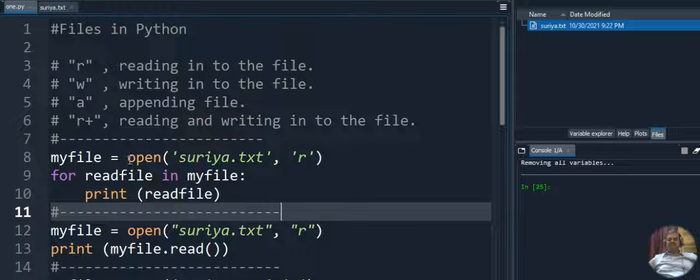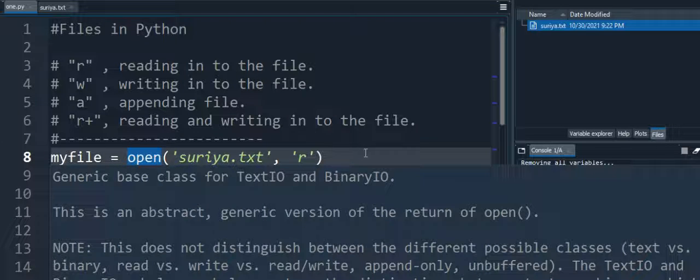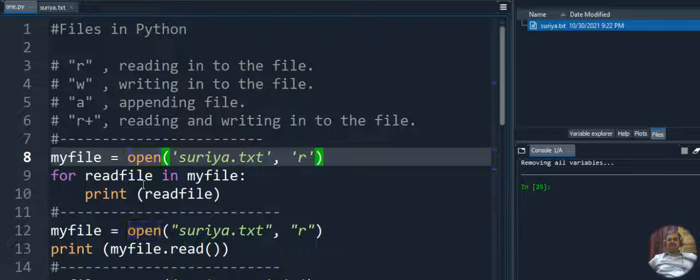What will this code do? The open method will open the file. Which file will it open? It will open surya.txt, which I created, and it will be opened in read mode. I am giving R, so that will be considered read mode, so I can read the content inside the file. Whatever content I read will be displayed with the use of a for loop.